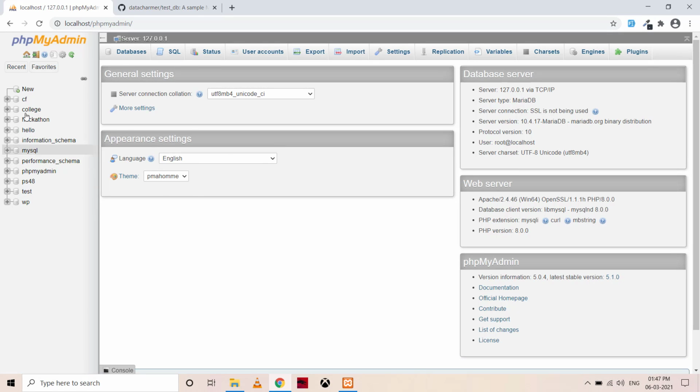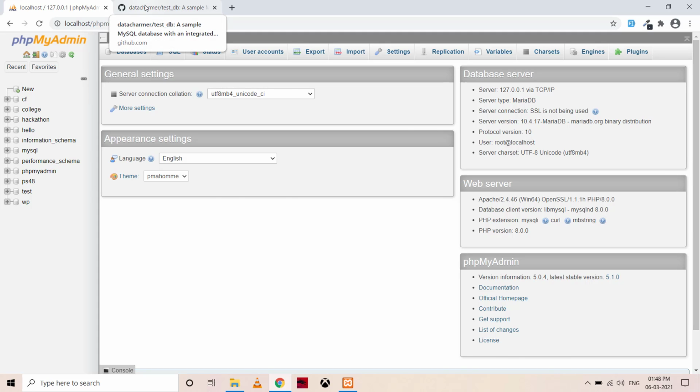You need not understand everything in this user interface right now, but just see that here on the left hand side, you will see the list of the databases that you already have on your system. There are a number of databases that I already have, but there is no database named employees, and we will be using an employees sample database. So I'll show you how you can set up the sample database here.